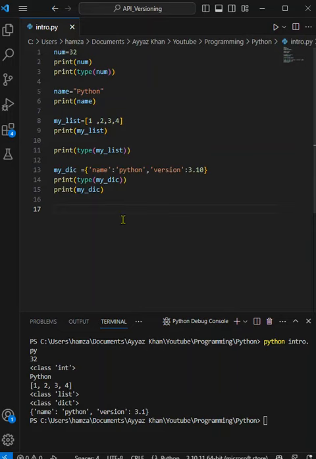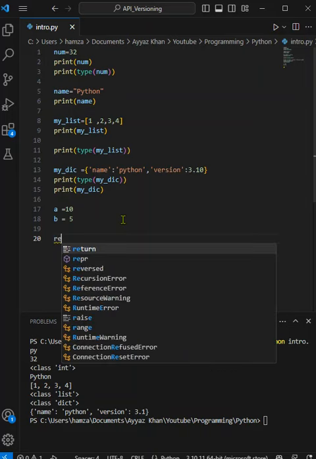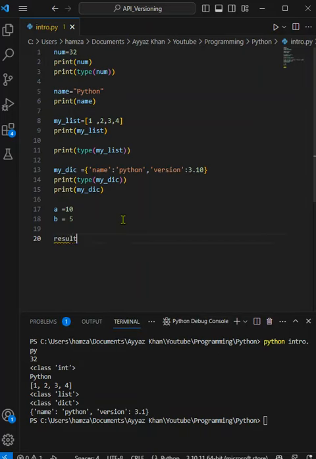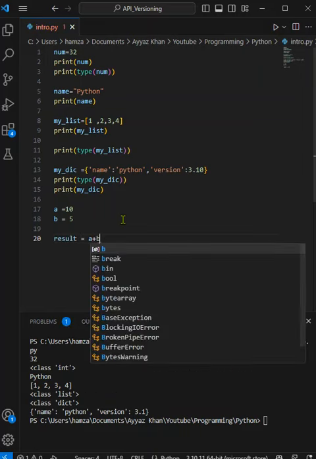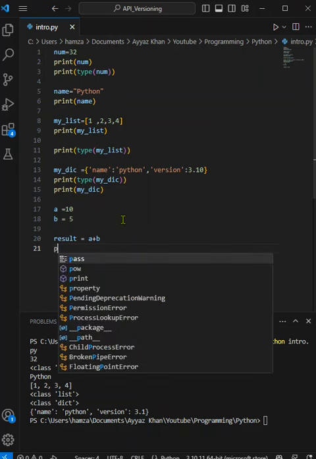I've declared this variable. Let's perform some basic operations on numbers. Let's say we define the value of a as 10, and another variable b as 5. First of all, we will perform the addition operation. Let's define a new variable to store the result, and then we will simply write a plus b, and to print the output,